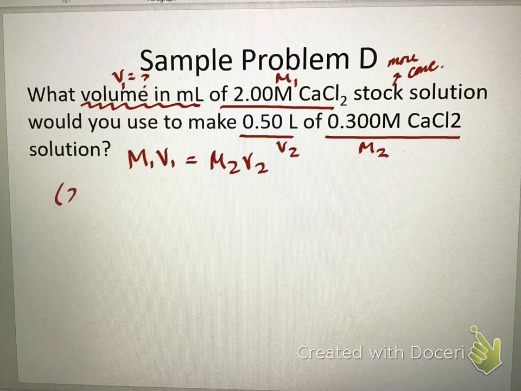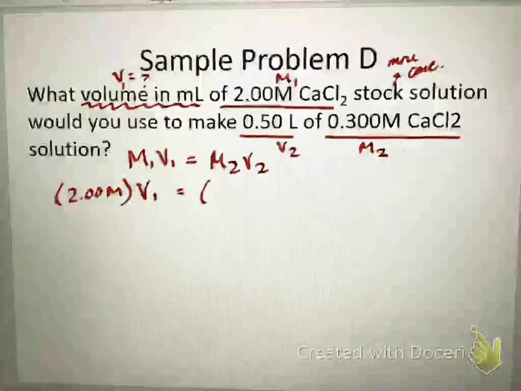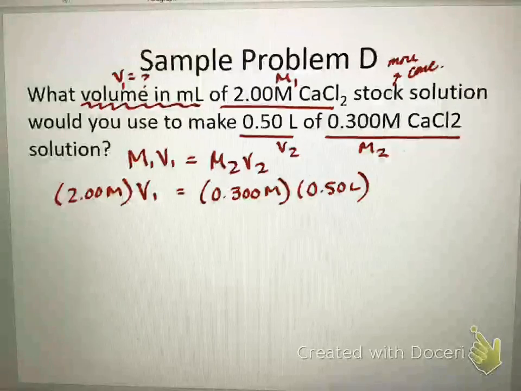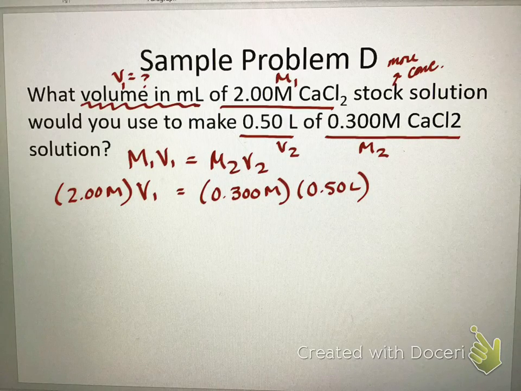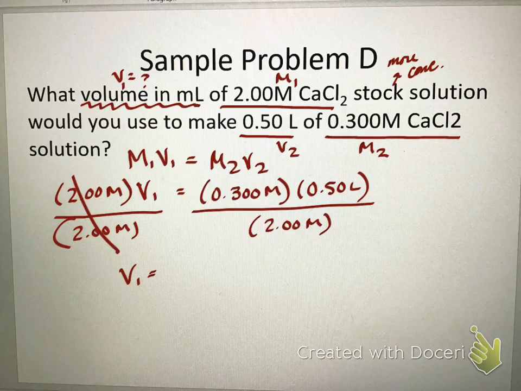So M1 is 2 molar. V1 is our unknown. This is equal to M2, which is 0.3 molar, times V2, which is 0.5 liters. So now, in order to get V1, we divide by 2 molar, and if I do that to one side, I do it to the other. And let's go ahead and plug this into our calculator. Okay, so 0.3 times 0.5 divided by 2 gives me